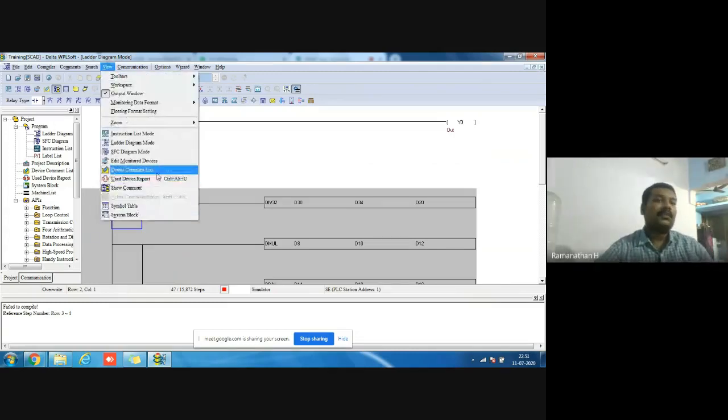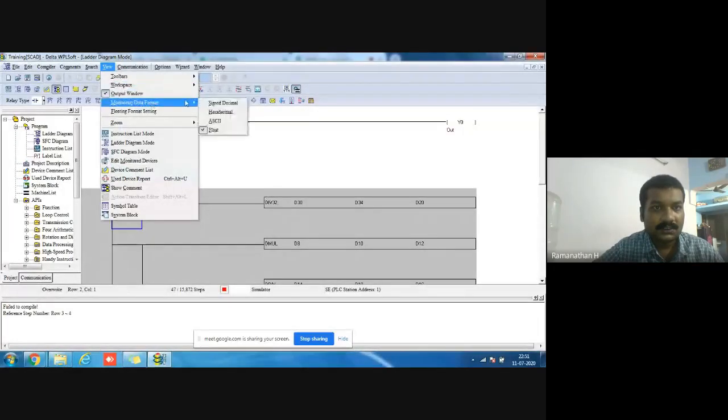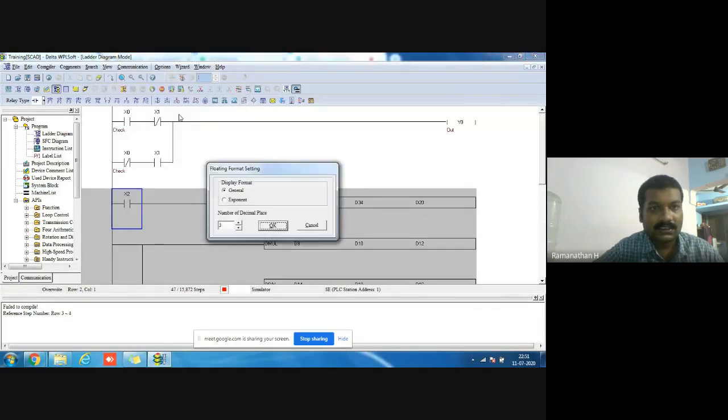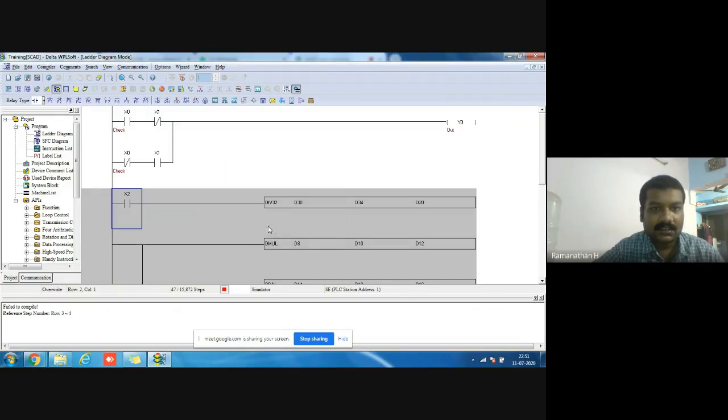So if you go to floating operations, you select the floating addresses, and here also you go to change the settings. You change the signed decimal to float, and in the floating settings you give either general or exponent, or you give the number of decimal places you want. After that only you will get the result.